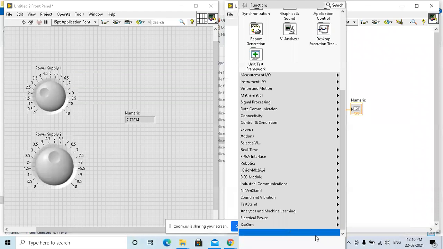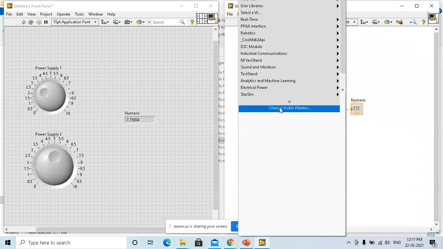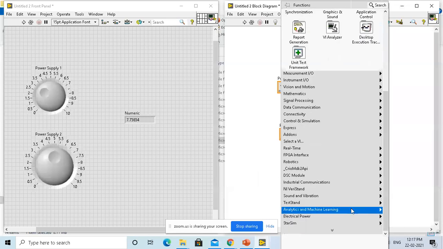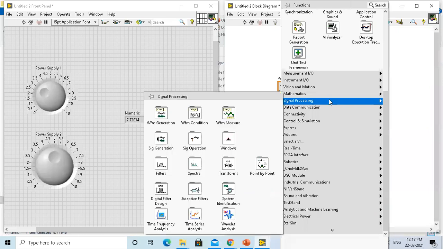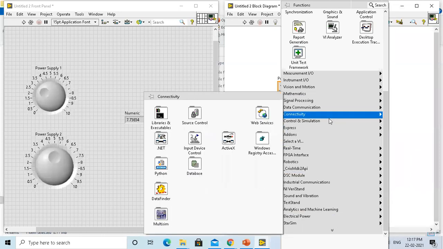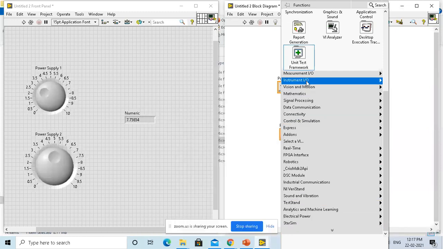Let's say you want to process data related to machine learning, you have a machine learning toolkit. And if you want to filter out certain data before you calculate anything, you need to do signal processing, so you're going to have a signal processing toolkit. If you want to implement a control system, you have a control system toolkit.